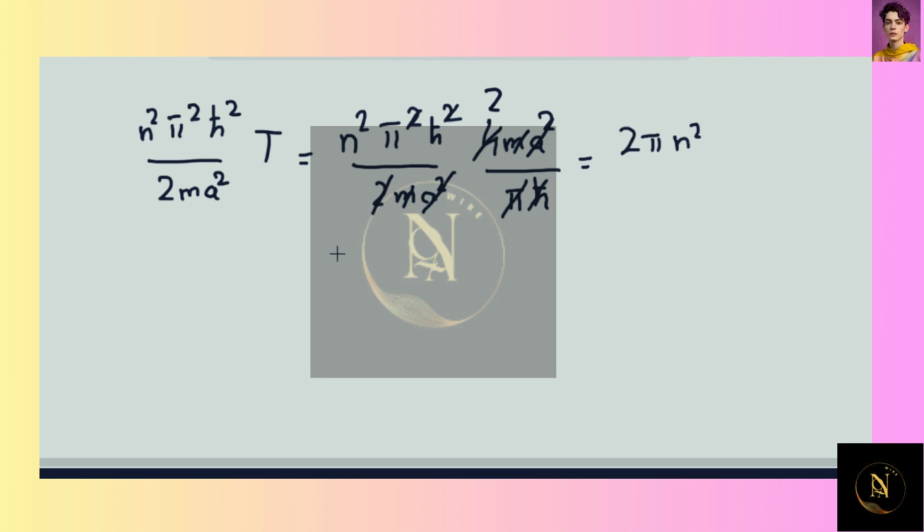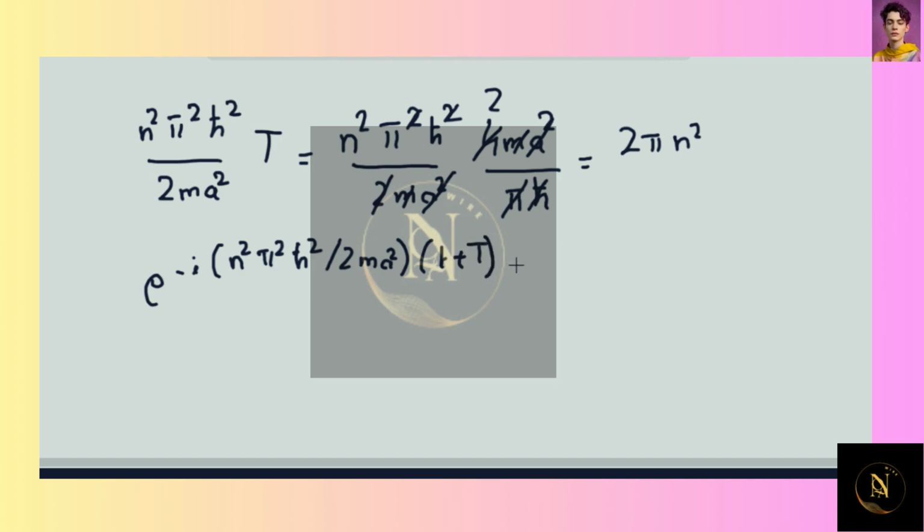So we have the expression inside the exponential given by minus i n² π² ħ² divided by 2ma² into t plus T